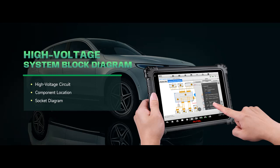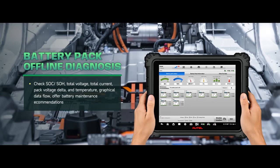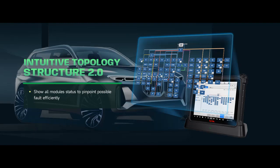Autel UltraEV newly adds the EV diagram box to establish communication with the power battery of new energy vehicles, realize offline battery pack diagnostics, and analyze the true charging status and health status of the battery. The Autel EV diagram box is compatible with Autel MaxiSys Ultra, MS919, MS909. Besides, Autel UltraEV has a powerful multifunctional 5-in-1 VCMI interface, designed with the function of multimeter, oscilloscope, waveform generator,